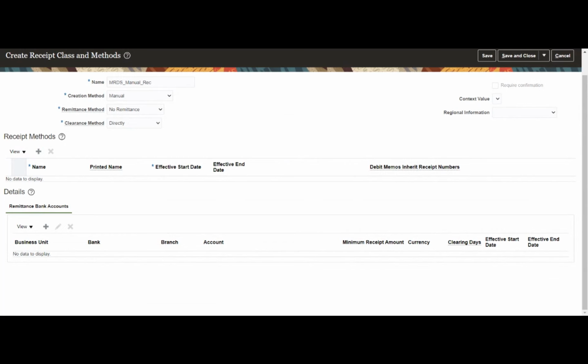In this particular process, I will have to set up certain matching criteria, because that is how the system will understand, okay, these are the invoices that I need to consider to create this particular receipt. Okay, so that is how we will set up the automatic route. In manual, okay, so let me pick one automatic.